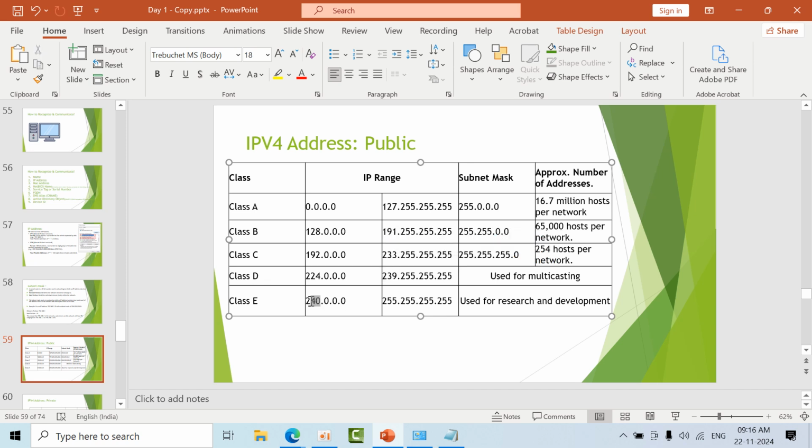240 to 255. Now, what is the total IPv4 address size? The total IPv4 address range is 0.0.0.0 to 255.255.255.255. Can I say like this? Yeah. So I cannot recommend this option.